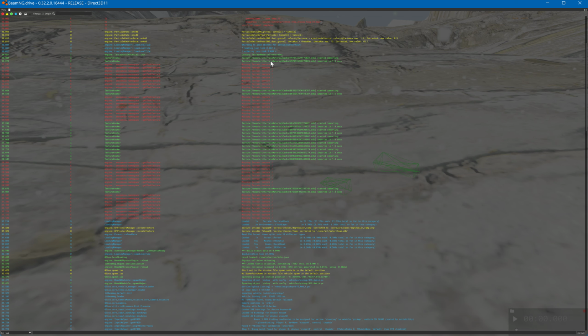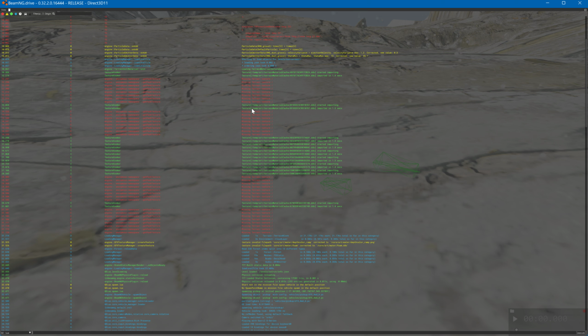I don't know what these missing terrain materials are. I keep trying to figure out where these are, and I don't understand what's missing, unless what it means is, because I only use the base material in some of these, right? I didn't use the base. I didn't use macro and detail. Maybe